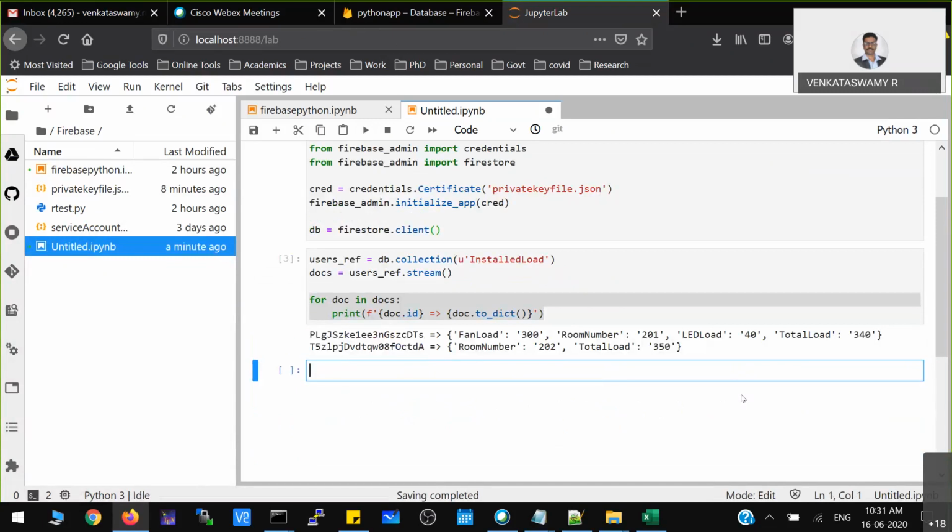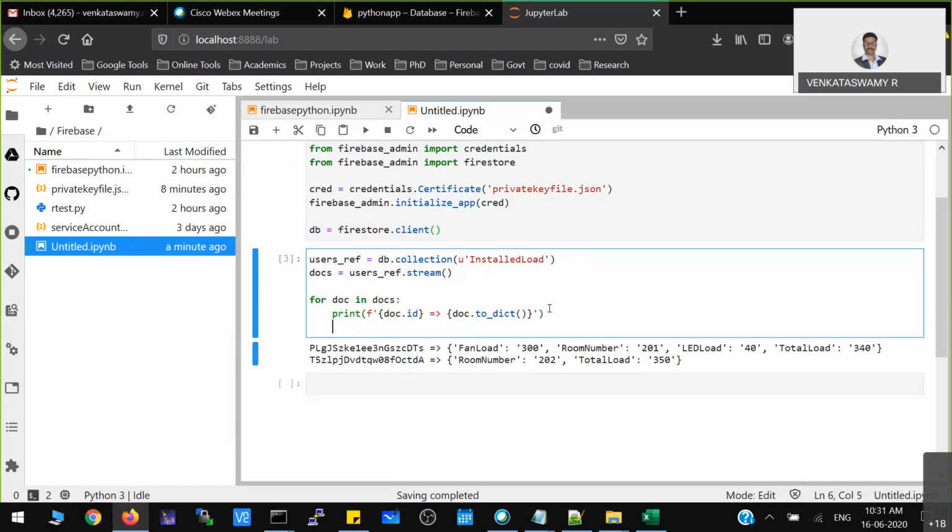So what we have achieved is the connection between your Python and the Firebase database, and those values in my console. If you don't want this syntax, you can use any other syntax. You can just print the dictionary variable. If you want only the dictionary variable, you can simply print it instead of that format.